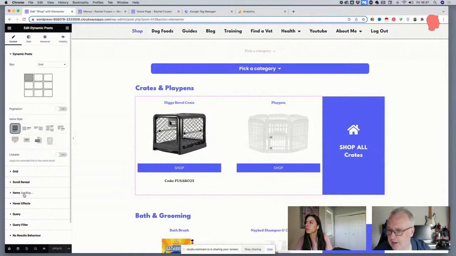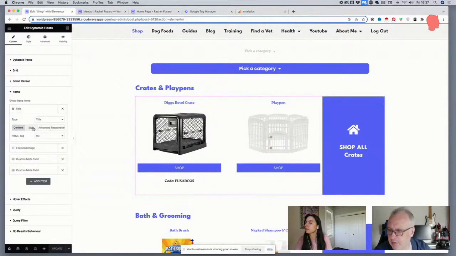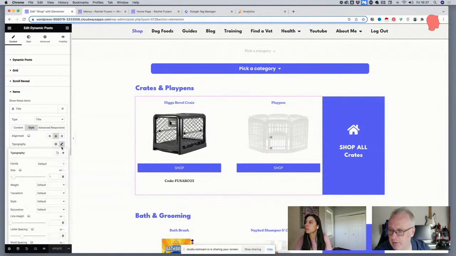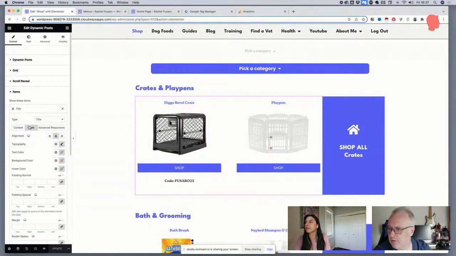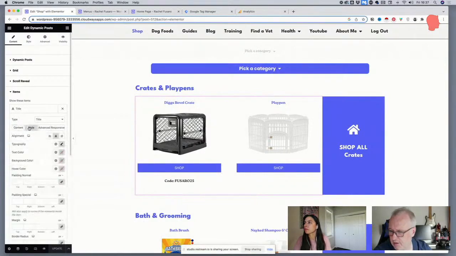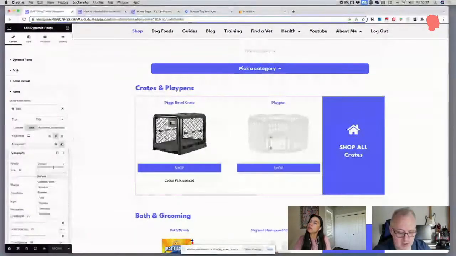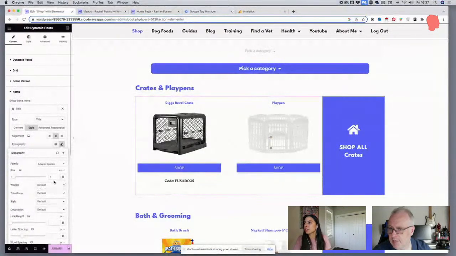So we have to go to the items here, and then we have four items. The first one is the title. We go in the style, and then we go in typography, and it's probably, what is this? So it's probably because the H3 wasn't set in the global one, because it says default. I mean, I can do Leak Spartan. That's what I should have done, probably, is to change all the